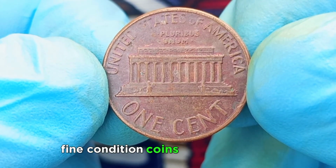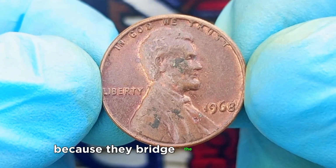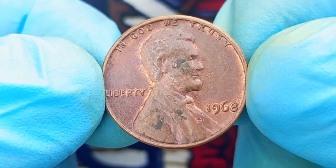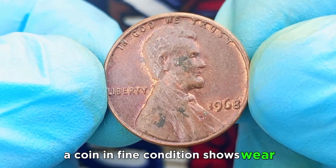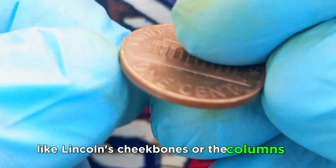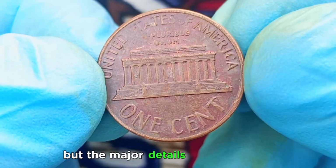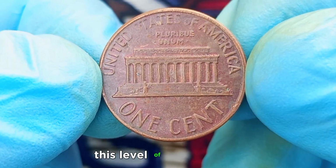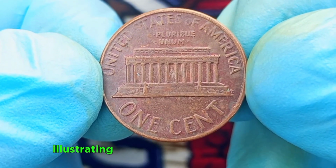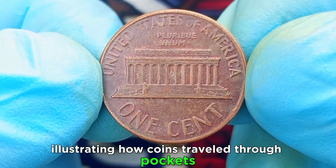Fine condition coins are particularly interesting because they bridge the gap between heavily circulated pennies and uncirculated specimens. A coin in fine condition shows wear primarily on the high points of the design, like Lincoln's cheekbones or the columns of the memorial, but the major details remain visible. This level of preservation provides collectors with a tangible connection to history, illustrating how coins traveled through pockets, cash registers,